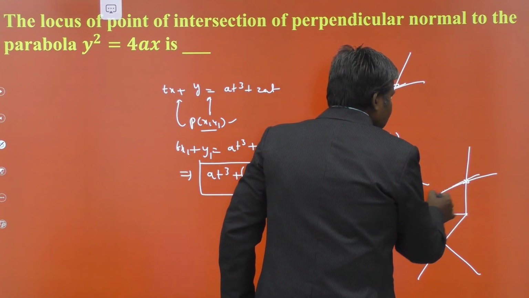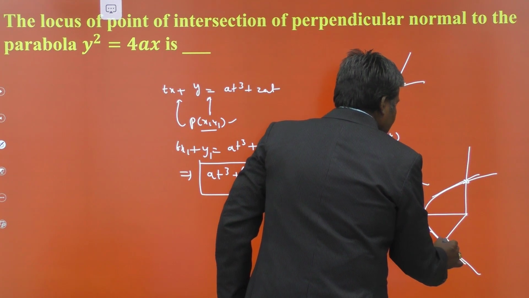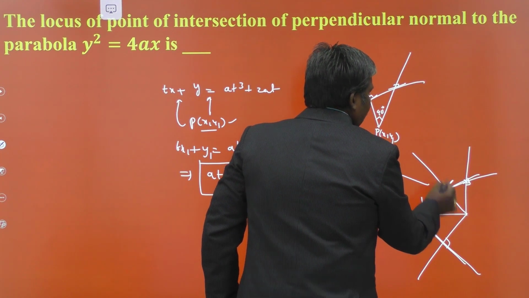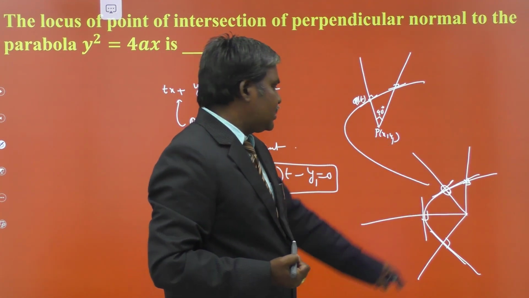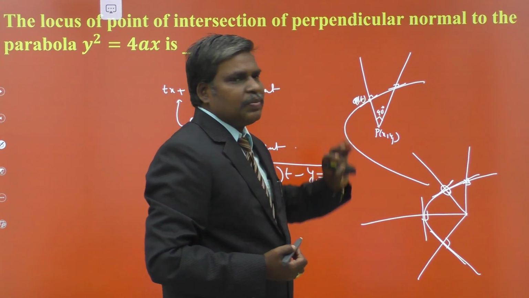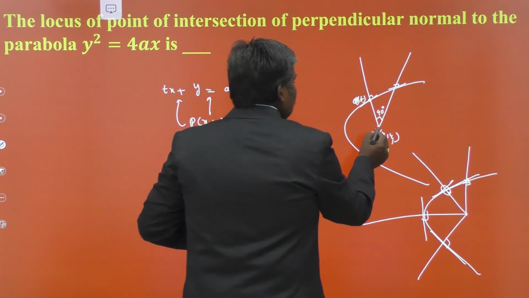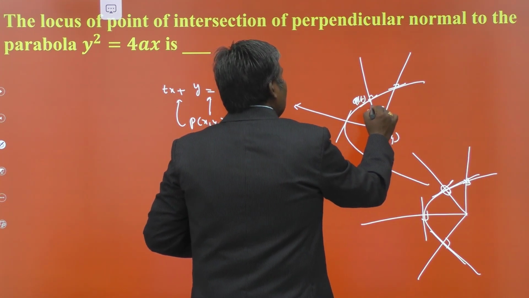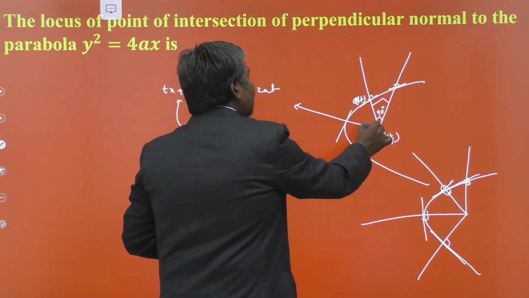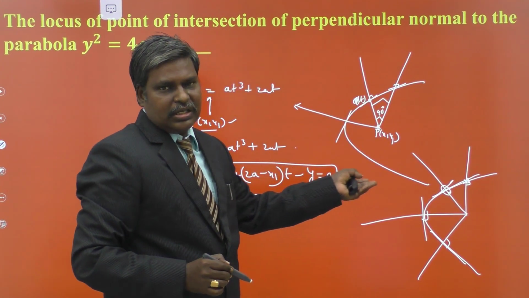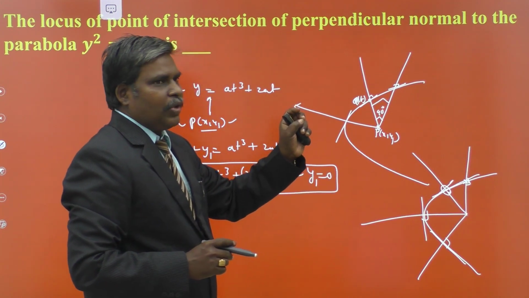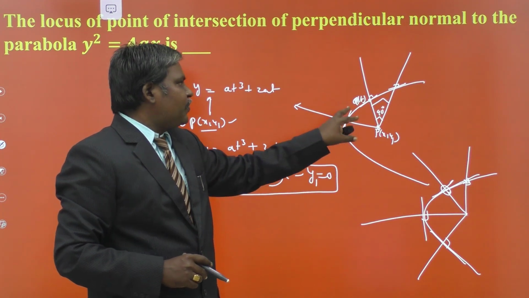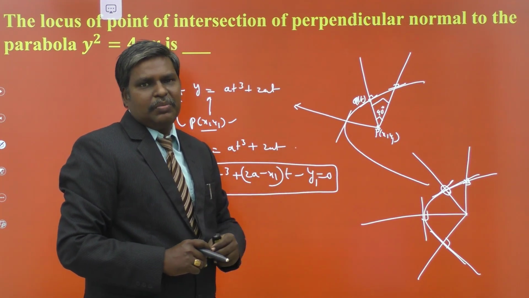Because at these points of intersection, if you draw tangents, they make 90 degrees. If you draw a fourth line, the tangent at that point never makes 90 degrees. That is the concept. At most 3 normals can be drawn from a given point to the parabola, so there exists another normal also through this point. Out of these 3 normals, 2 of them are perpendicular. At that time you have to collect this point as your locus. That is the sense: if you take any point, at most 3 normals can be drawn from it to the parabola, in which 2 of the normals are perpendicular. That is the sense of the problem here.